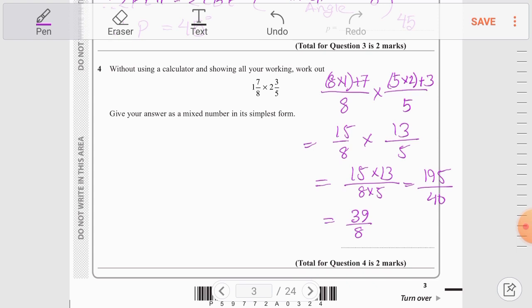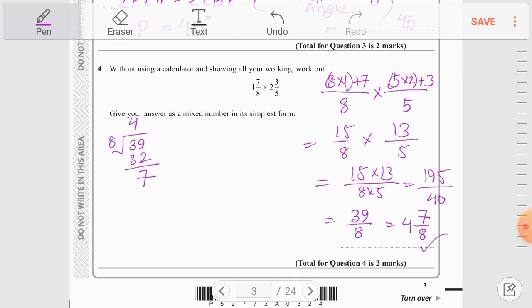So we need to divide 39 by 8. We are using 4, then it's 32, and it gives 7. So the mixed fraction would be 4, 7 by 8. So this is the mixed fraction of the two multiples, and this is the answer, and that's the end of